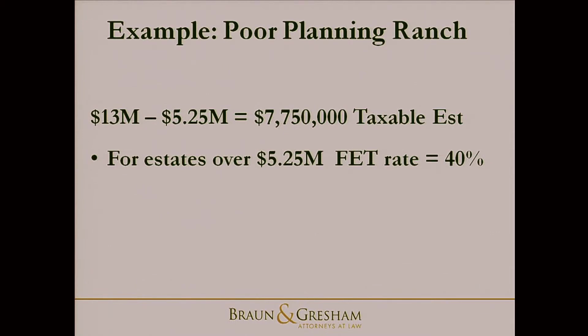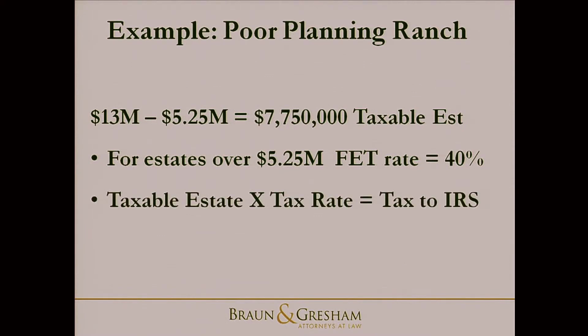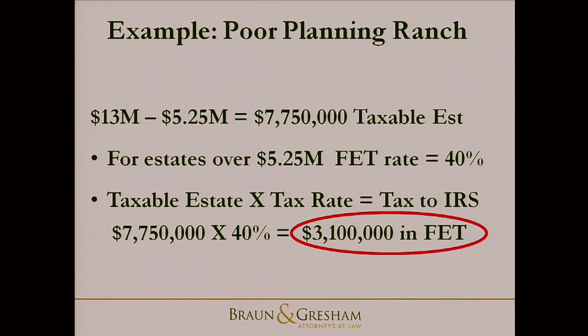Let's run the numbers. We're using a 40% federal estate tax on every dollar over that exemption amount of $5.25 million. What does the IRS get? $3 million. Well, how is this family going to pay for that federal estate tax when they only got $1 million at best in liquidity? If the ranch is under an easement and it provides for a subdivision, guess what's going to happen? They're going to have to exercise a subdivision right and sell off a portion of that ranch in order to pay the federal government. So you can see where this would drive the exercise of reserved rights in that scenario.